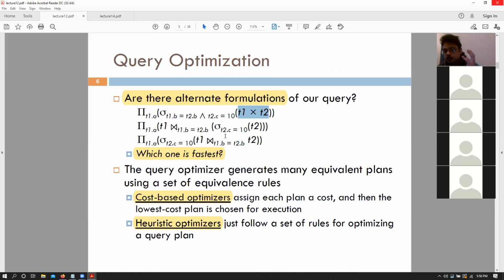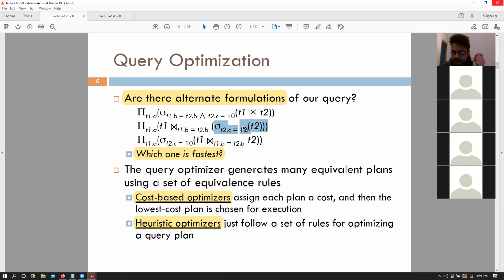So it can actually push the select down for this particular condition, that is t2.c equals 10. Maybe only select those rows in the first place, since it's an AND operation, and now directly perform a theta join or a natural join for that matter with that table. So we have basically converted a Cartesian product into a natural join with a table T1 and a smaller derived table from T2, right? So that would be another formulation, and as you can see both of these would still return to me